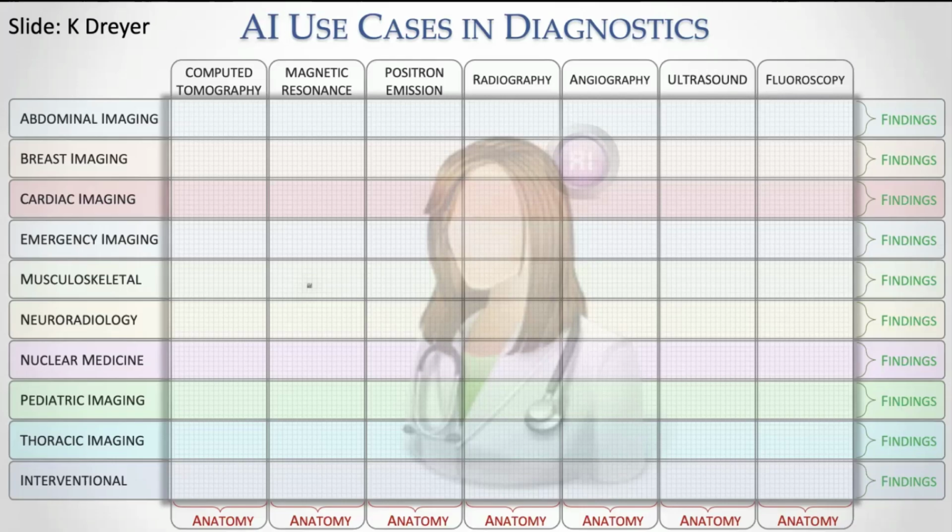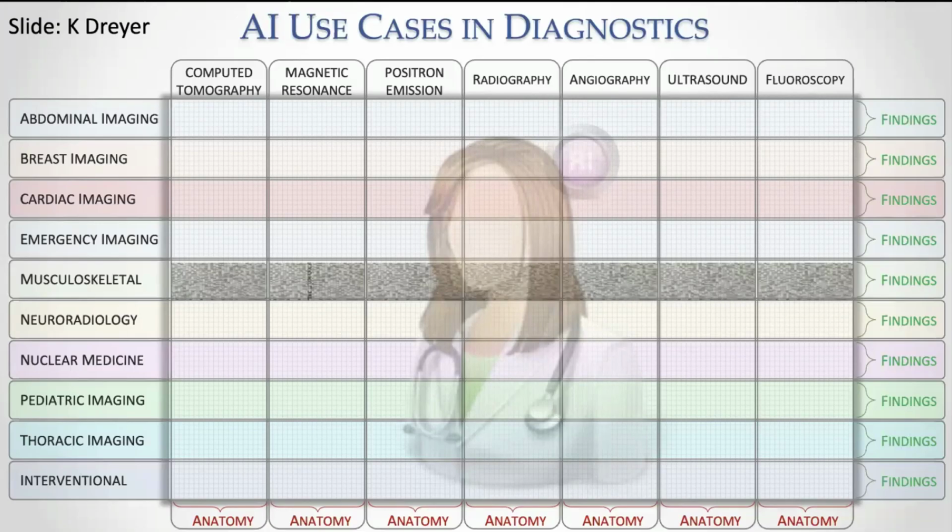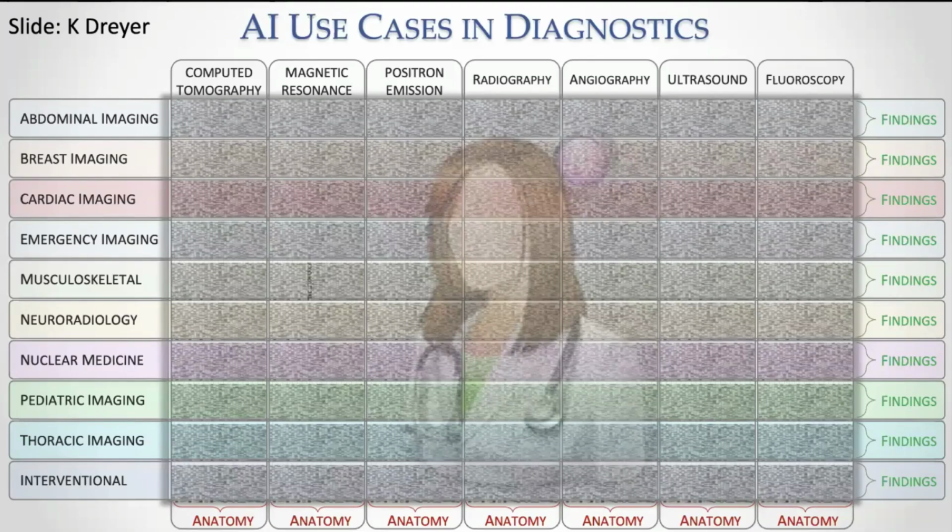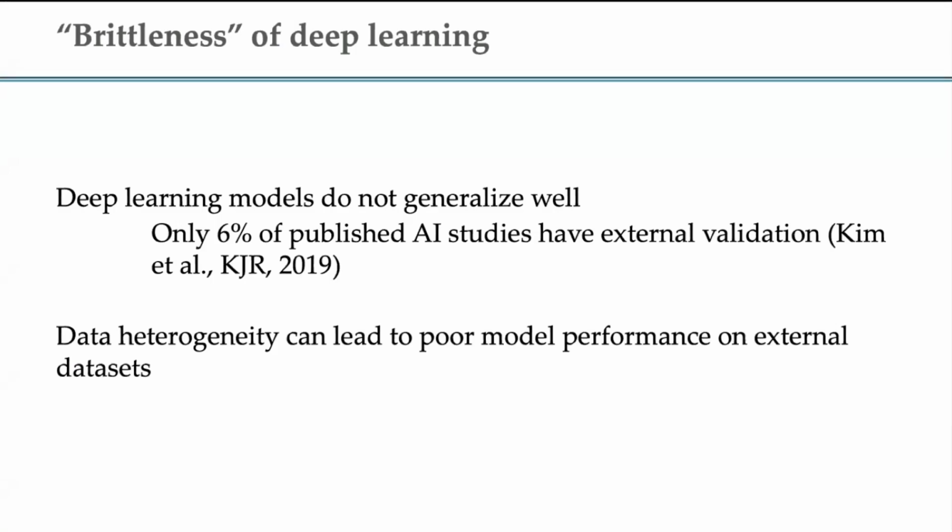So we have so many different modalities, we have so many different anatomies and findings. And if you think about the little grid here, what we often tend to do is be very, very narrow. So we might have a lung nodule detector, or a knee ACL detector. But what we're actually filling out is this tiny space within this entire grid. So as we're thinking about the challenges of going from having one algorithm to having a whole suite of algorithms to having head to toe covered, it continues to be very challenging.